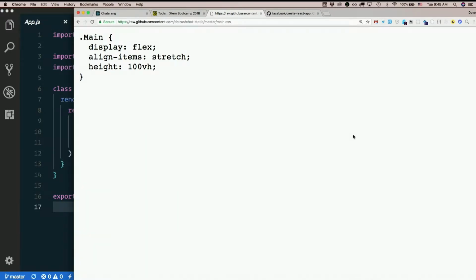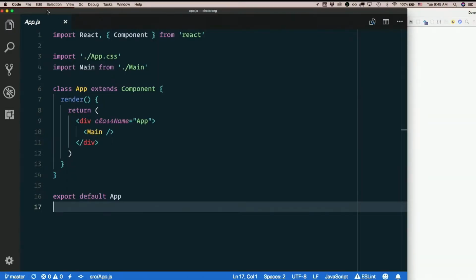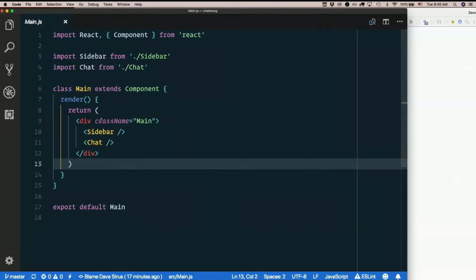Because it's targeting a class of capital M main, we could just put this CSS anywhere, including an app CSS, and it would do what we want. But let's learn how we could actually scope these styles to just that component without using traditional classes. There's another way to style things in React, and that is by actually putting the styles in JavaScript instead of in CSS. Here's what I mean. So in main,